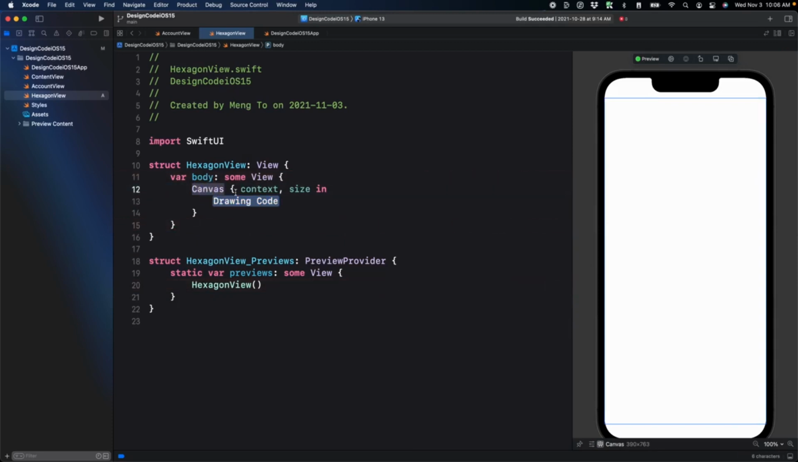Now the Canvas is a simple wrapper that gives us the context and the size. The context allows us to draw our graphics, and the size gives the size of the actual canvas, which right now is like a shape which takes all available space. Inside the canvas, you can draw and compose multiple things such as text, vectors, images, and even the SF symbol. Let's start with a simple one, which is the text. Let's do